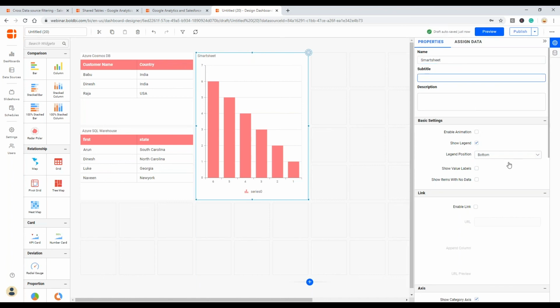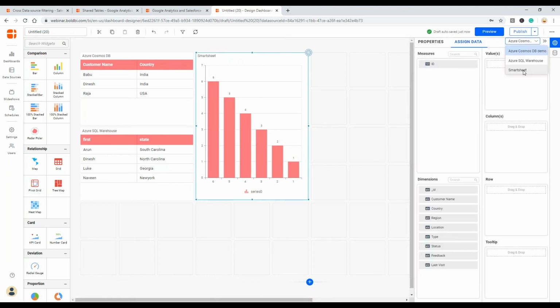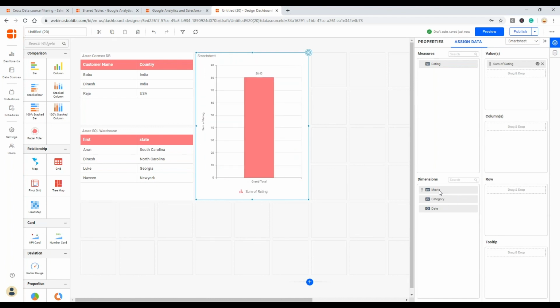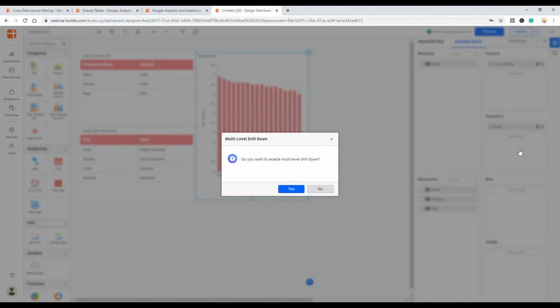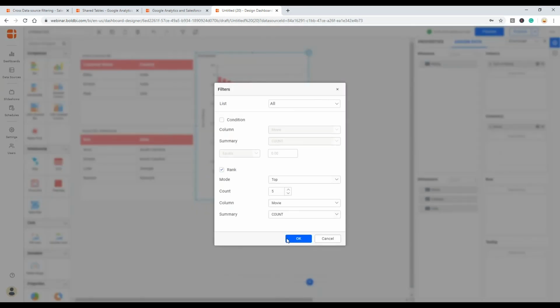Let me assign the data. Okay, so I have more movies, so let me just filter it to show the top 5 movies alone.